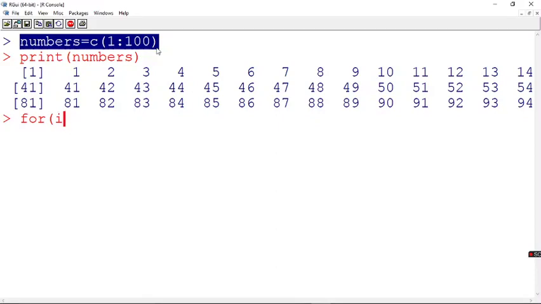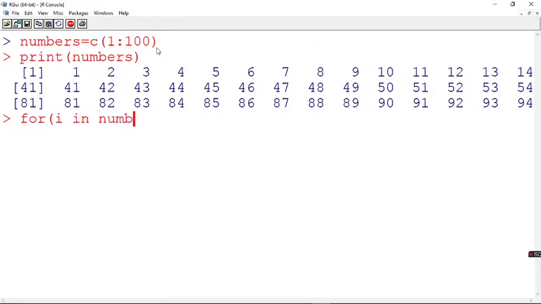How many times? 100. It is going to take each value from the vector numbers and assign it to i, and for as many values as I have in the vector, the for loop is going to execute.